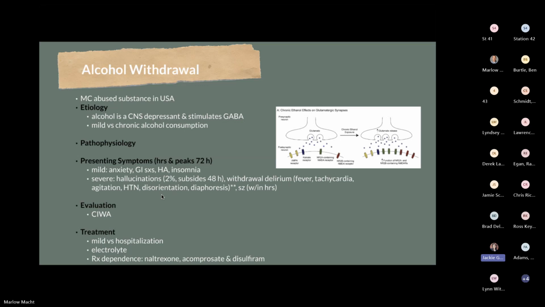It's got some objective findings like a physical exam, but a lot of it is subjective about how the patient feels. And it's a scale that goes up into the 20s. The higher the number, the more severe the withdrawal. And then treatment: mild symptoms might be treated with either benzodiazepines or gabapentin tapers that patients go home with, or